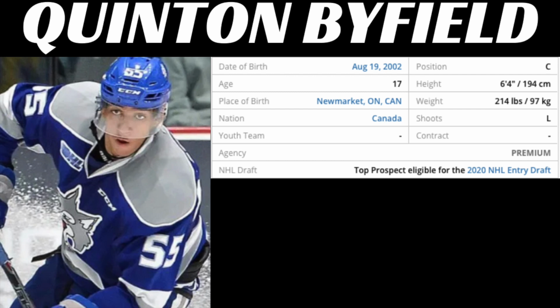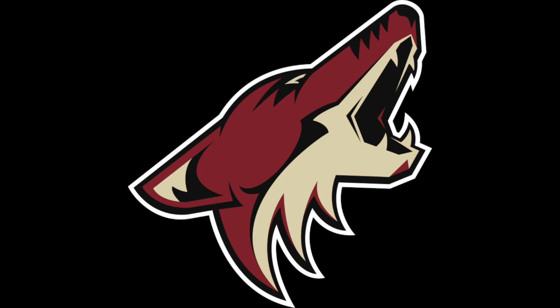I think another year in junior would do him a world of good and really give him a big boost coming into the NHL as a rookie, maybe the year after. But the Wild have been desperately looking for a player like him, and he's exactly what they need to help move their team forward. Next up at number 3, we have the Arizona Coyotes, who were very fortunate in the